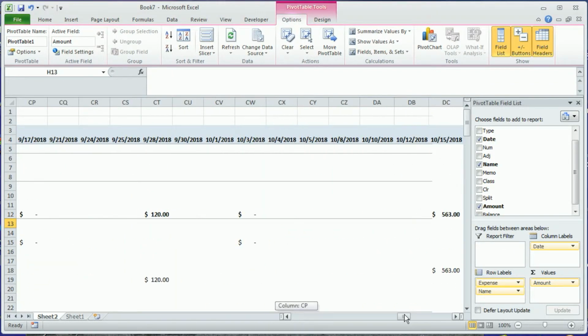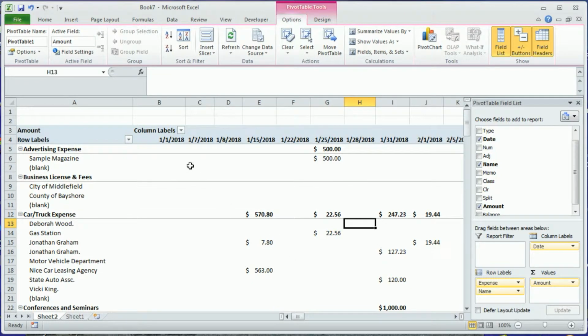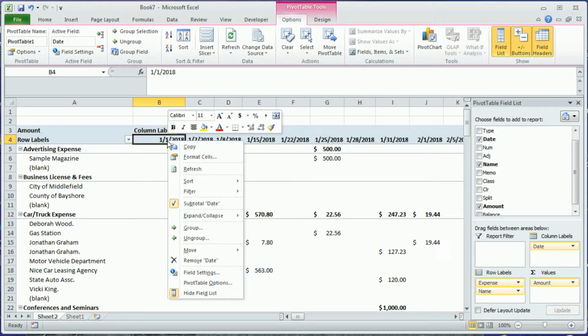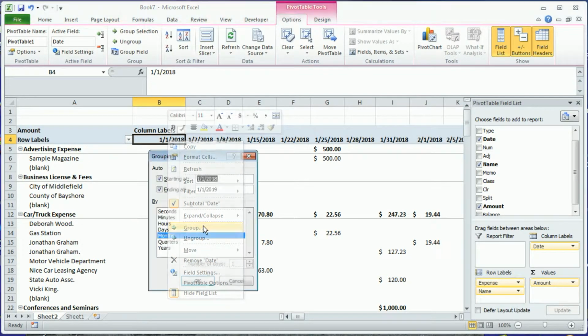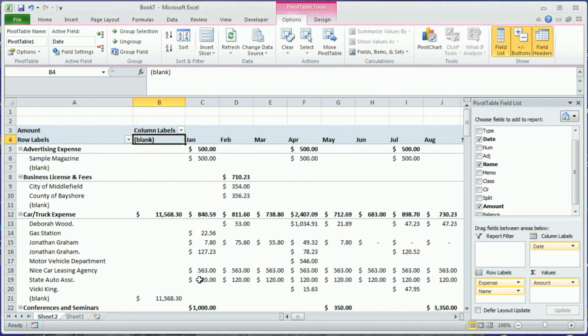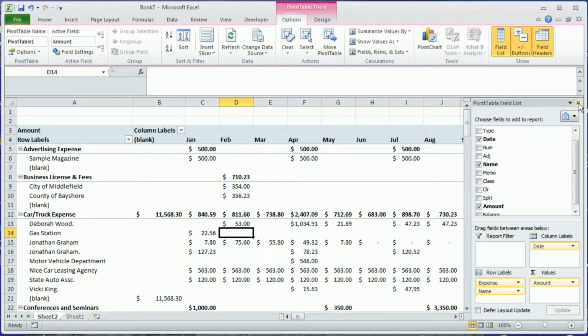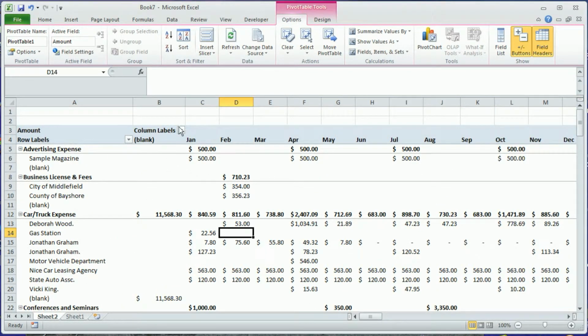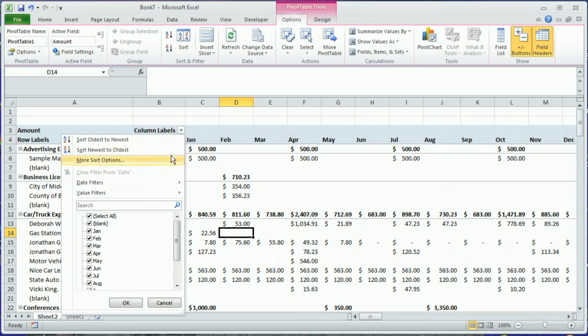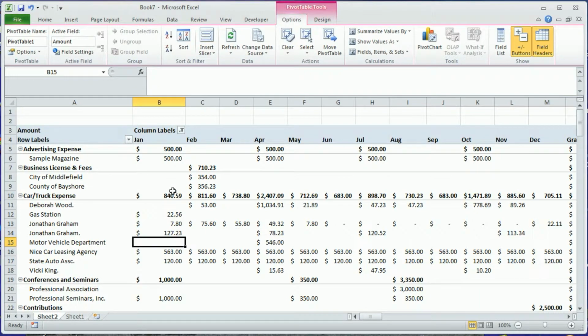Okay, that's crazy. Too many dates. So what you do is you click on any of the dates, right mouse button, and then group and select months. That's much better. Okay, we can close this field list. One last item in the column labels, deselect the blank,